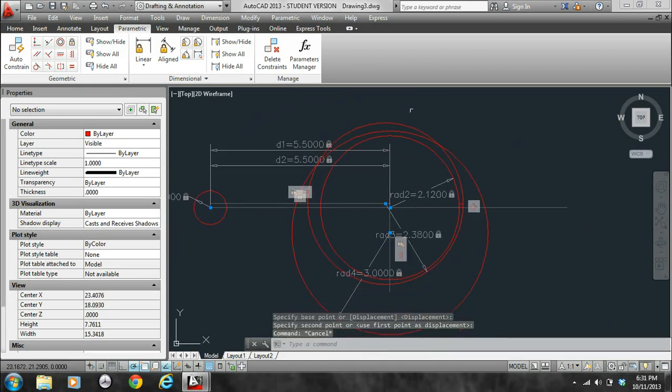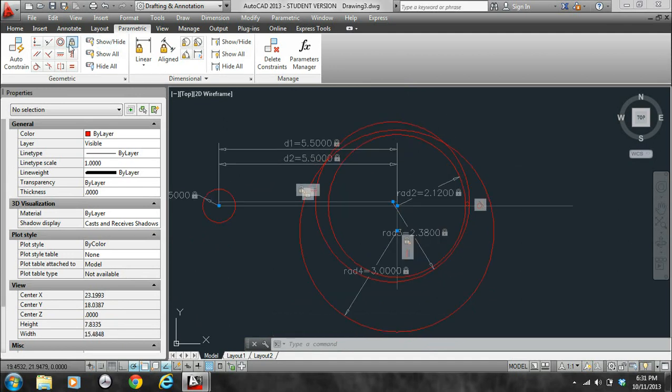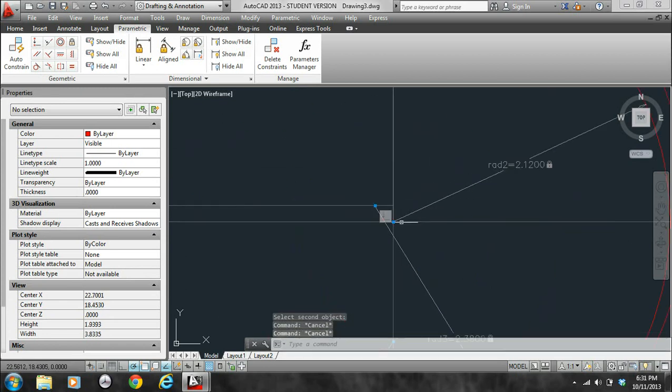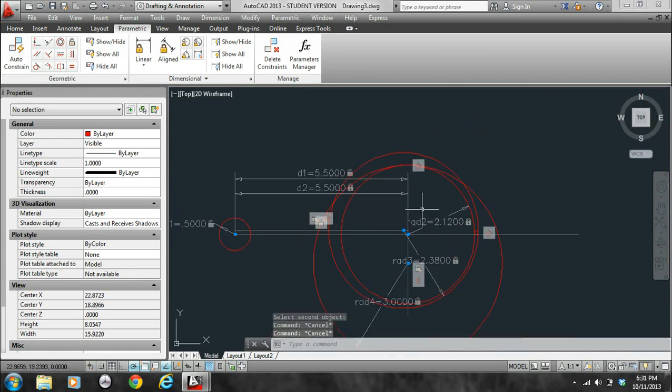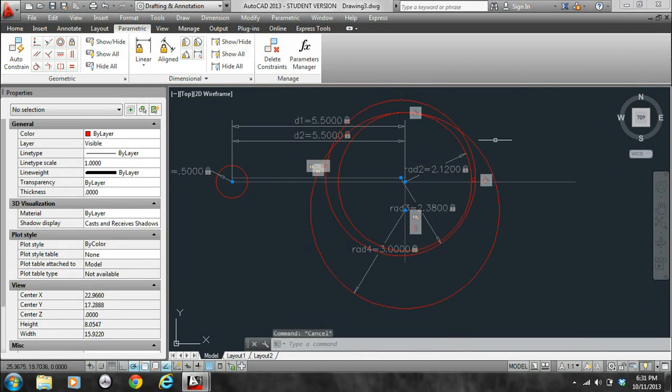And there's another way that you could do this too, by the way, but I just wanted to go ahead and continue with this concept. Alright, so tangent constraint, and then I'll click on that circle and then this circle, and you can see that nothing has changed. The position has not changed, and now this circle is tangent to this. Alright, so we're moving along, and let me see what we can do at this point. You see that there is a line that is tangent to this circle, and tangent to